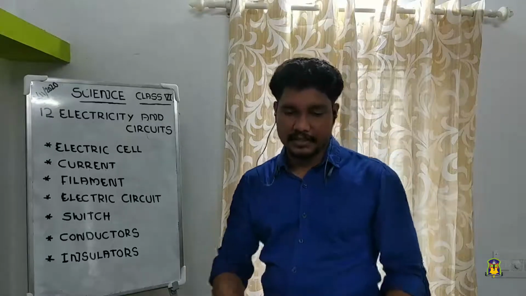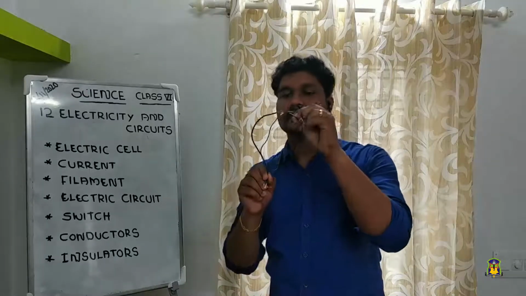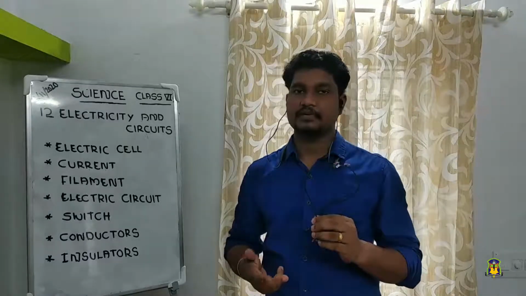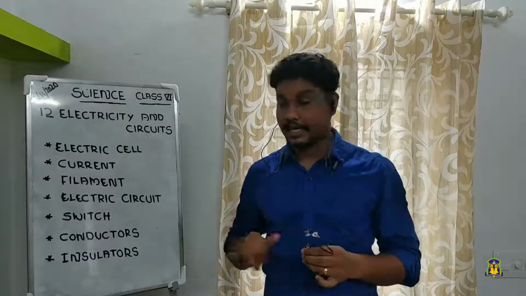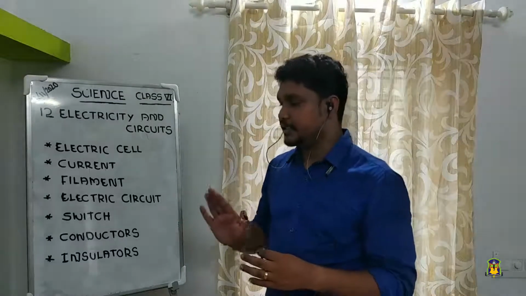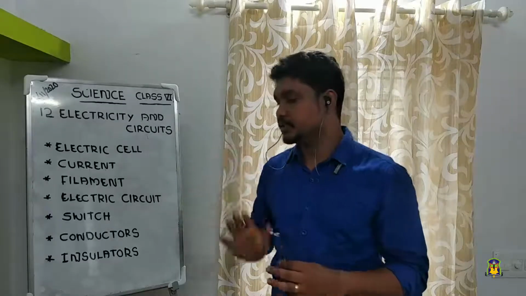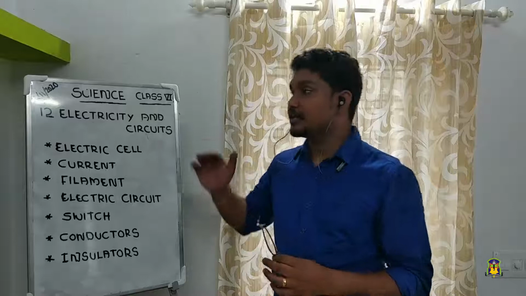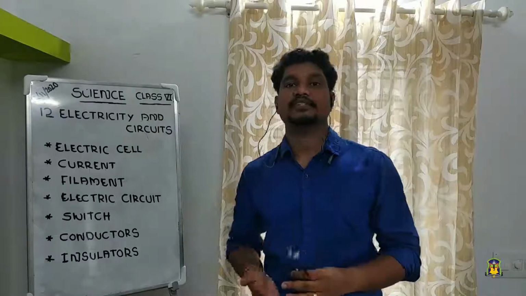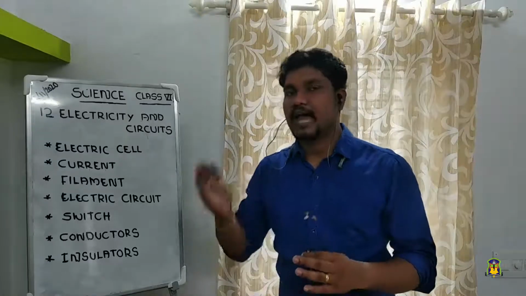The wire in the circuit is also made of metal. It is made of copper, and all the metals are examples of conductors. Clear? Then insulators will not allow the passage of electricity. Wood, plastic, glass are all examples of insulators. I think all of you got the idea about this much of the topics. Now I have given only the introduction. So after the chapter, I will make a